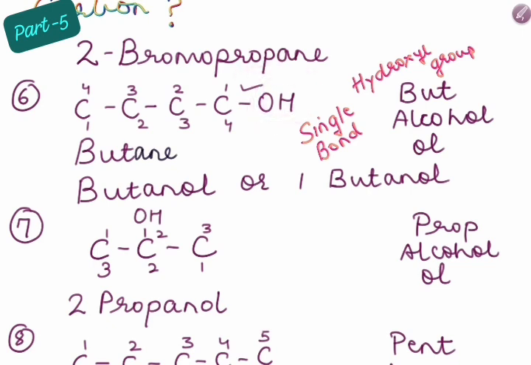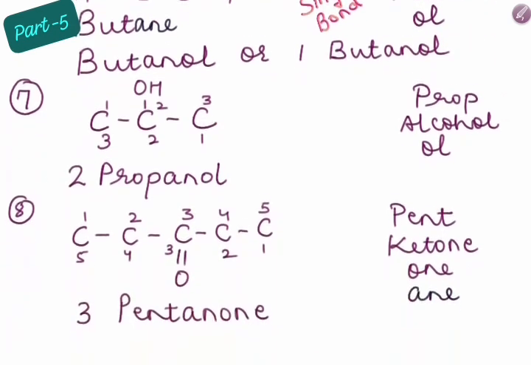So that is why I have given the lowest number to the alcohol group, that is the OH group, and then I have written butanol first, and after knowing the numbering, I have come to know that the alcohol is attached to the first carbon atom, which has been given the numbering 1. So I have written 1-butanol. Clear, children? Now let us go for the next one.